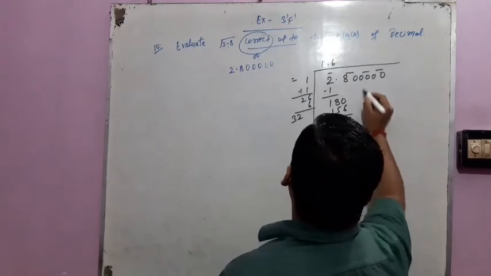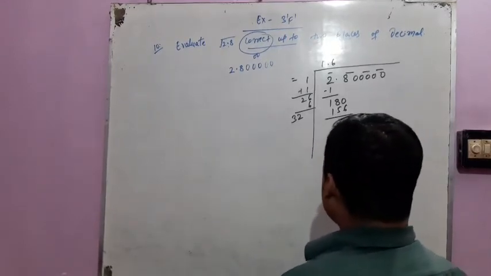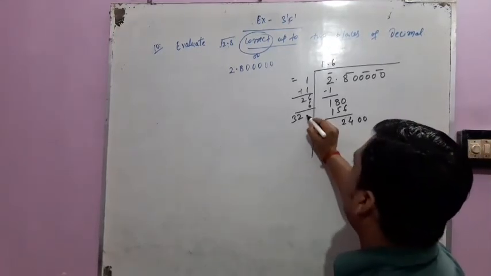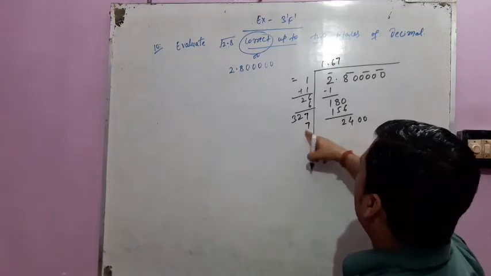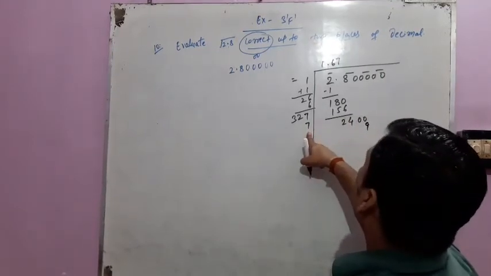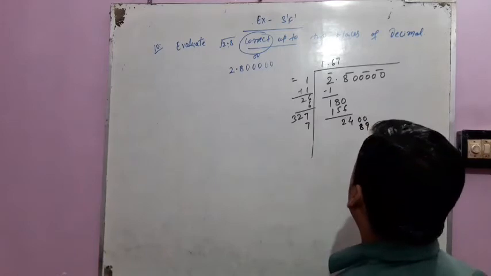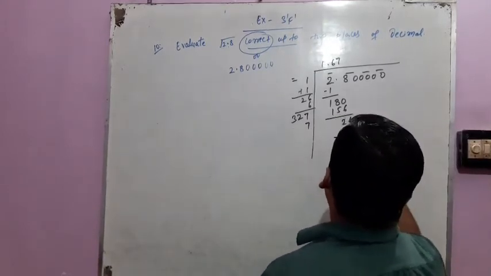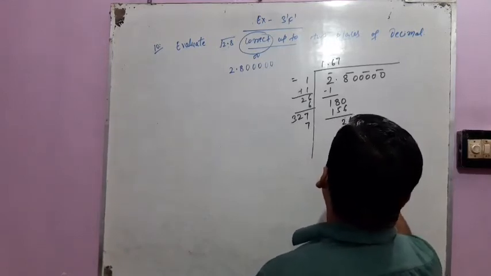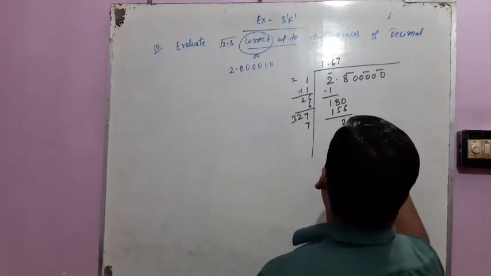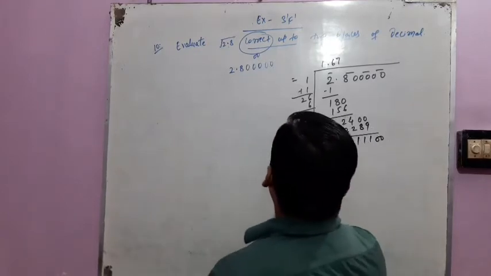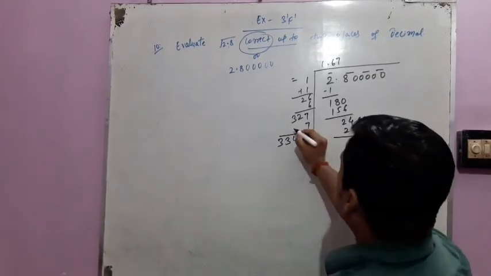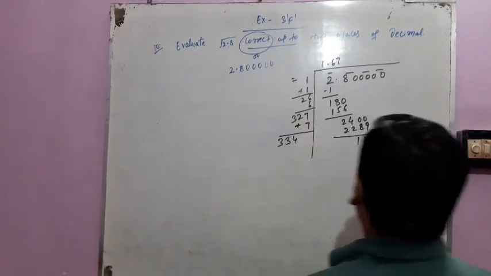Okay. Now again we are taking 2 zeros here. Now by which number do we multiply? 8 times is greater, it becomes greater. So we are taking 7 times. So 7 times 7 is 49, 4 in the hand. 7 times 2 is 14, and 4 is 18, 1 in the hand. 7 times 3 is 21, and 1 is 22. When you subtract the values, you will get here 11, 300 and 400. Again we are taking 2 zeros here. It becomes 334. Okay students, when you add them, you will get 334.